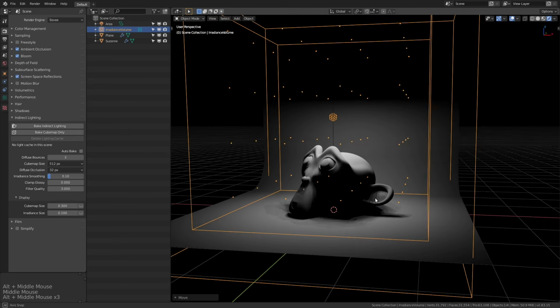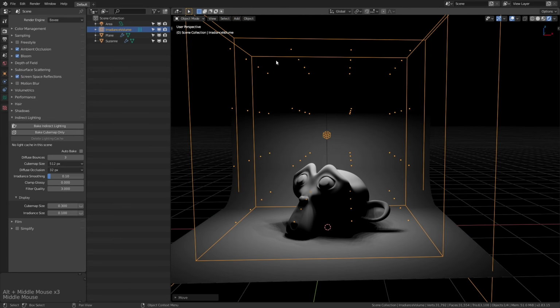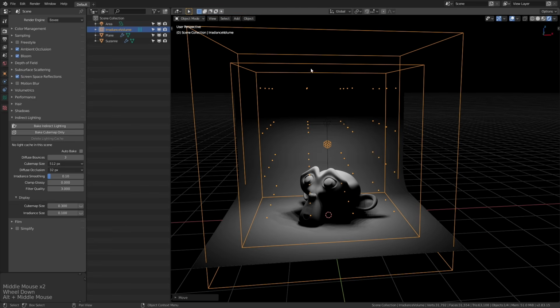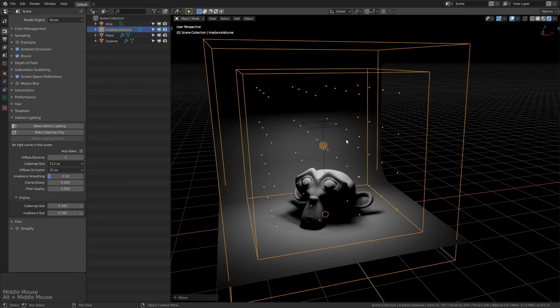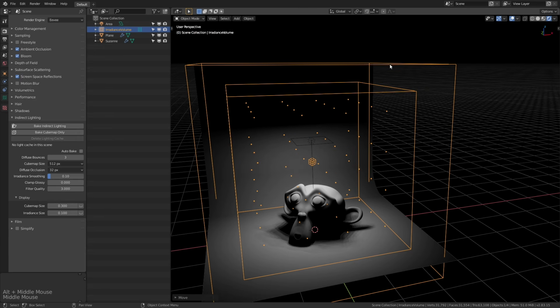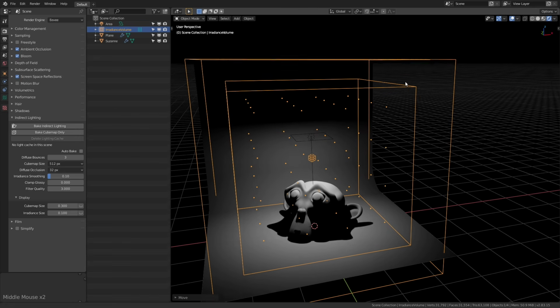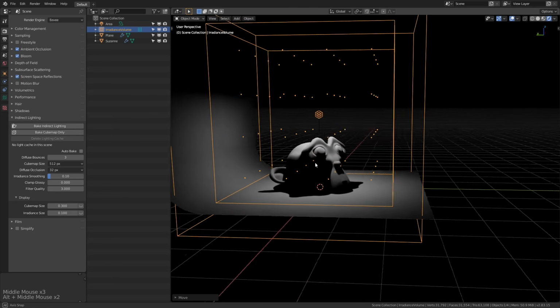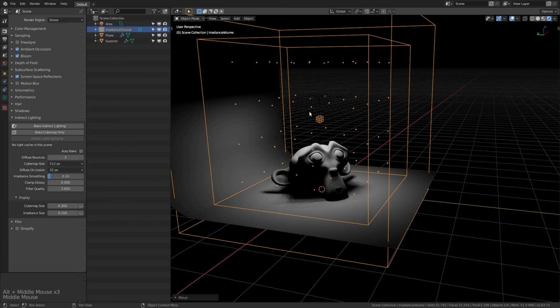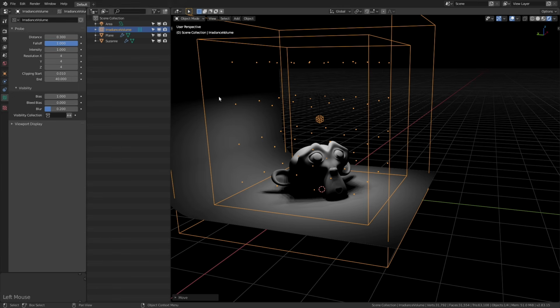Now, basically, what this irradiance volume is going to do is calculate the lighting within these bounds, within the inner set of bounds, and it's going to use a bunch of probes to calculate that lighting, and we'll look at those in just a second. And then it's going to use this as a falloff to where it needs to calculate the edge of it. And now this scene is a very particular case, especially for lighting, and that's why I chose it, so we can see the limitations of this sometimes,